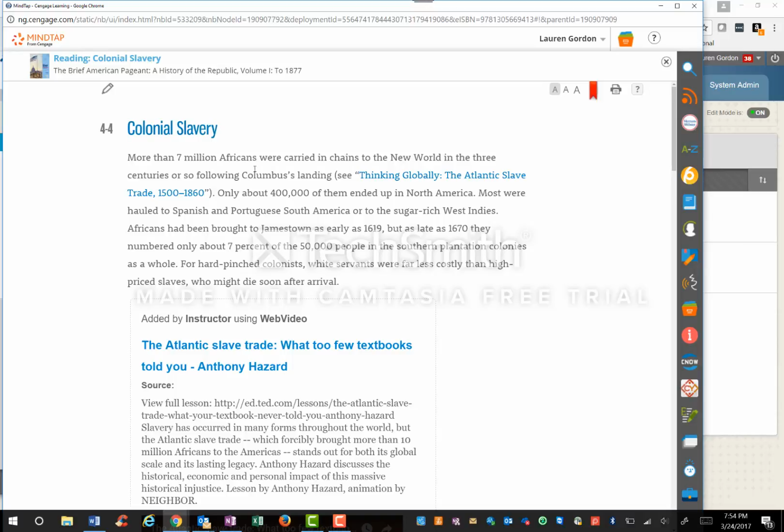So first of all, this ebook is fully ADA compliant. And it's very interactive for the students. They can increase the text size, they can bookmark pages, they can print out pages. One thing that's unique to your instructor ebook is this pencil icon, and that actually allows you to customize and